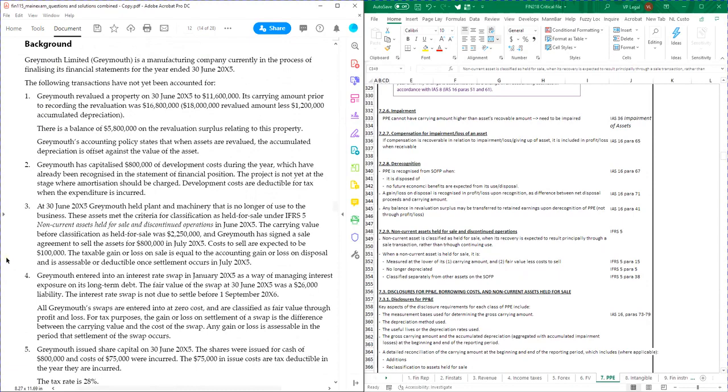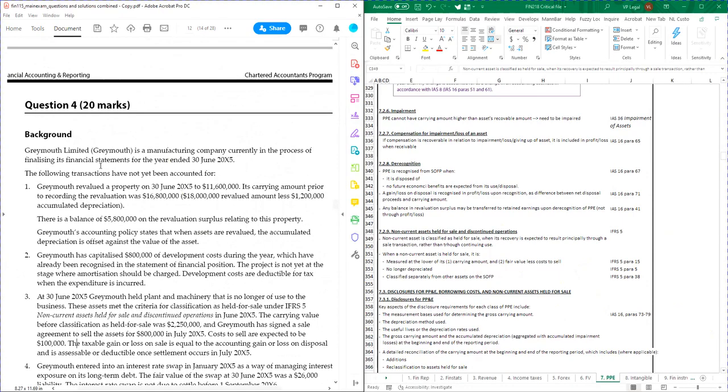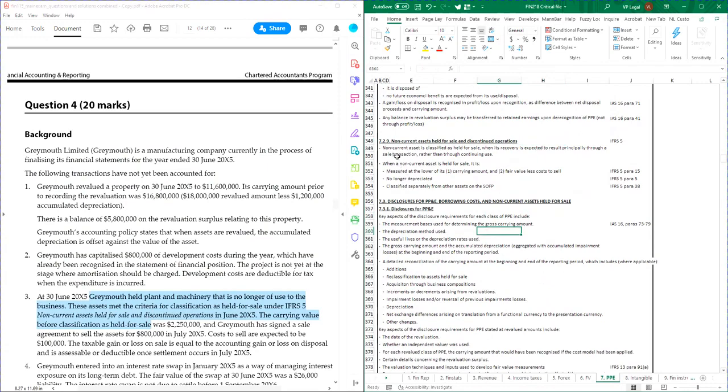Okay, so your first reaction when you see held for sale and you're not quite sure where it sits in the notes is, well, the CA program tends to group questions together. Because our first question is property, our second question is property, most likely this held for sale is also in the PP&E chapter. So the first thing to note is, when I find the relevant chapter, PP&E, and then look for held for sale in here, we can say that under the IFRS 5,